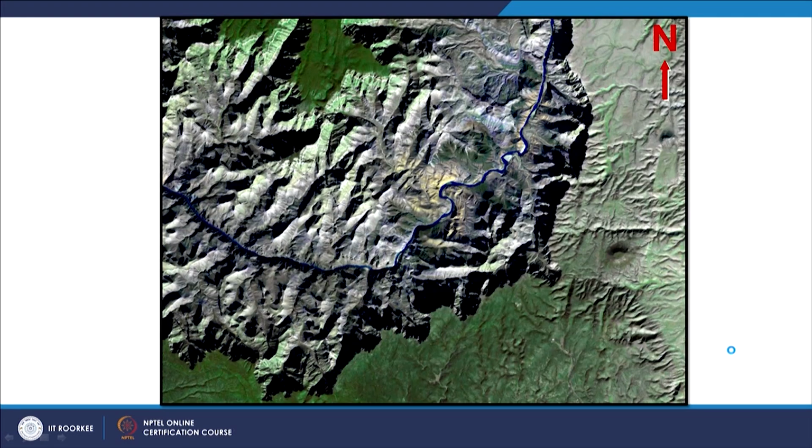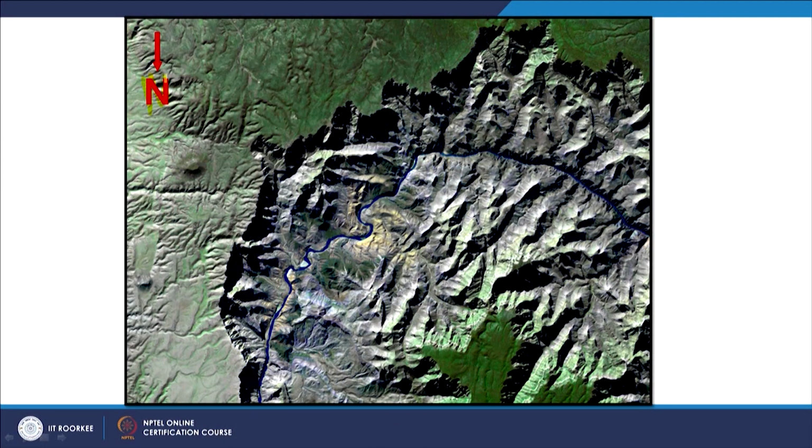Now, let us come back to the earth. This is an IKONOS image, a Landsat ETM image, of the Colorado River, which you see as the blue line in the center, with north upward. With this arrangement, the river seems to be flowing on a ridge, giving a completely wrong perception, which should not have happened.